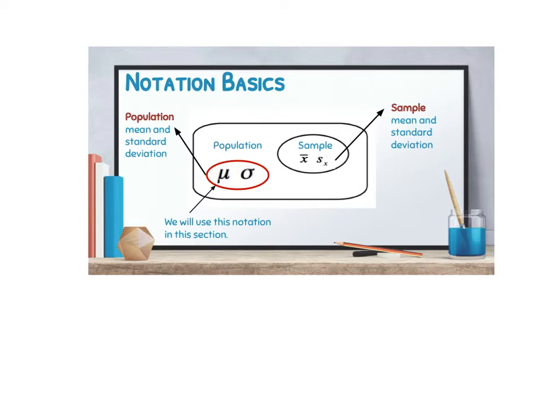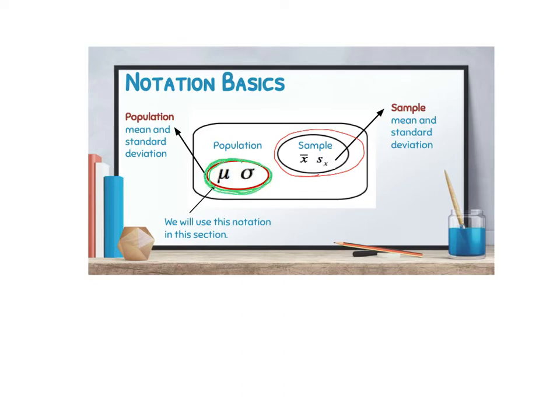A couple things you need to know about notation. For this, remember we have two symbols that mean sample. We have x bar and s of x. Remember, x bar is the sample mean and s of x is the sample standard deviation. And then for population, we have population mean and population standard deviation, and those are the ones that we're going to use